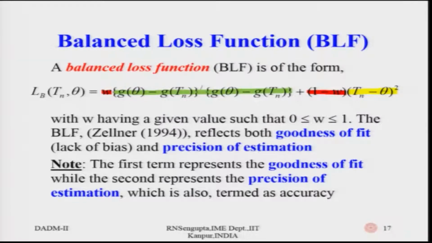So, a balanced loss function, now I will read, will have W being the values given to the weights. W is between 0 and 1. The balanced loss function proposed by Zellner in 1994 reflects both goodness of fit and the lack of bias of the precision estimation. The first term represents the goodness of fit, while the second represents the accuracy of the initial estimation value. I would not discuss it in detail, but I will highlight it